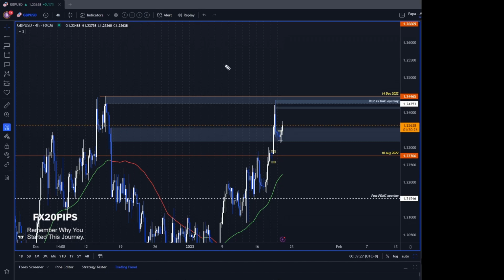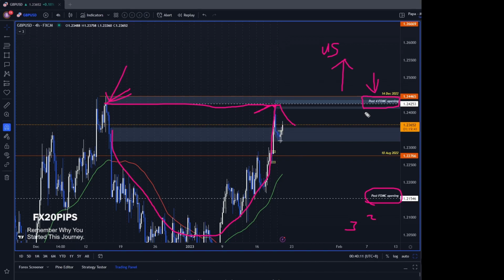So I do mark up a lot of items. Like I mark up when the FOMC meeting was. This is the fourth FOMC that comes with an interest rate increase by the US. The first one was this one in July, and then throughout the chart you can see the second, third, and this is the fourth. The last time the US increased the interest rate, the price dropped, it went down, and now it's back up to about the same level